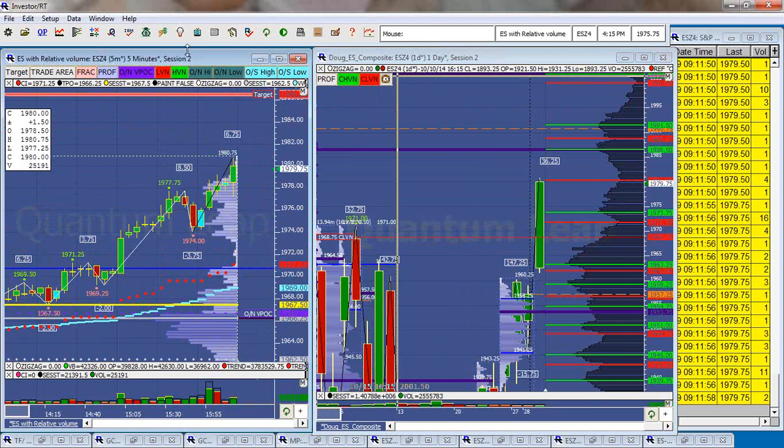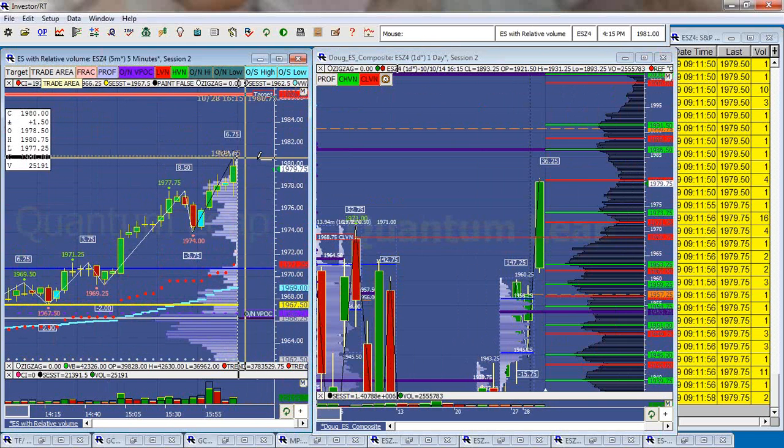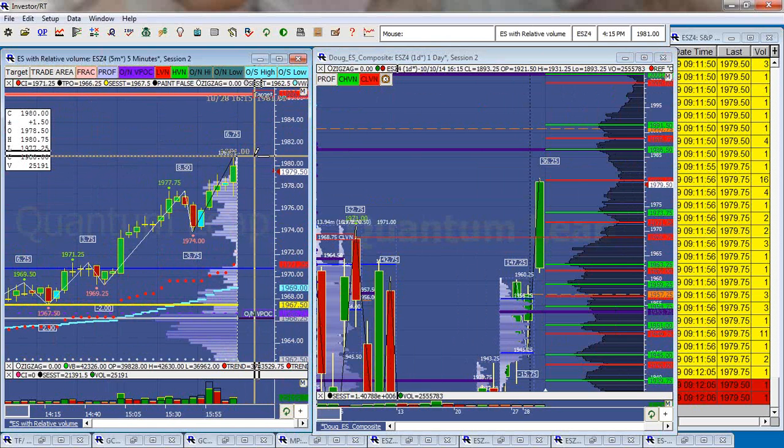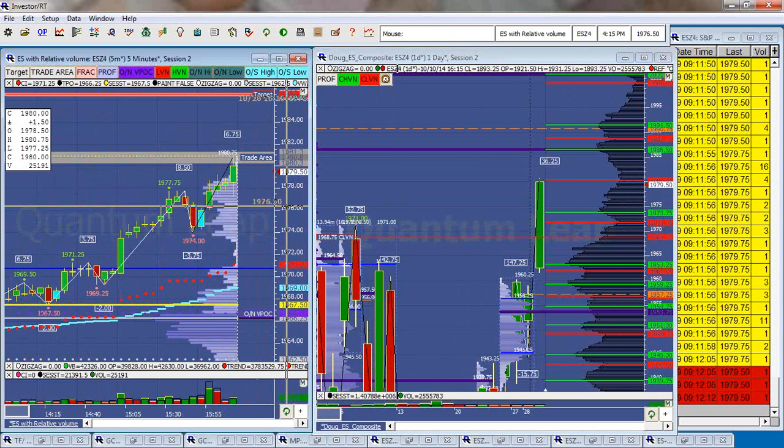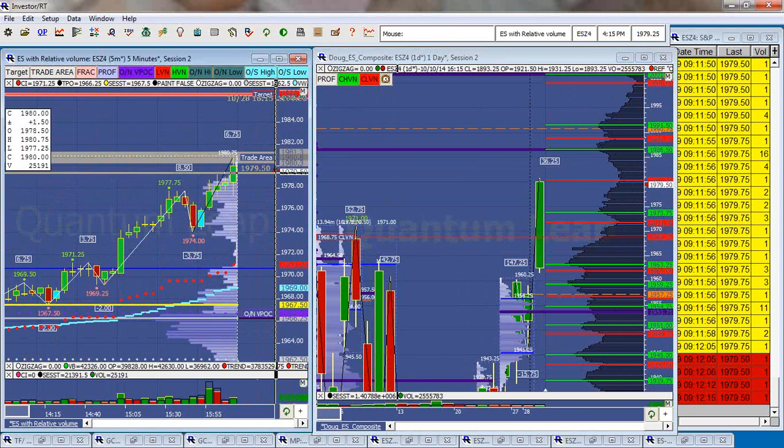Okay, so our key line in the sand above is going to be, I said 80.25 because we've got the range high from yesterday at 80.75. It is going to be 80.75 down to 80. Don't want to get short until I'm below 80. Don't want to get long until I'm above 81.